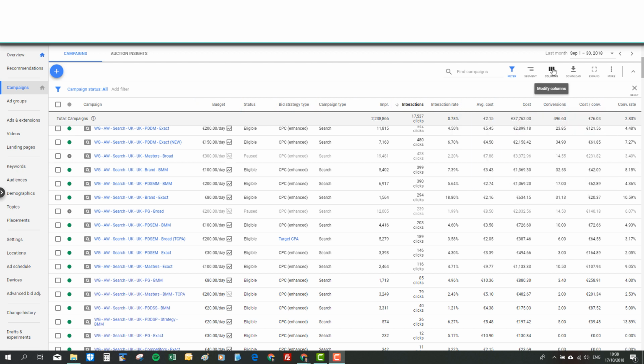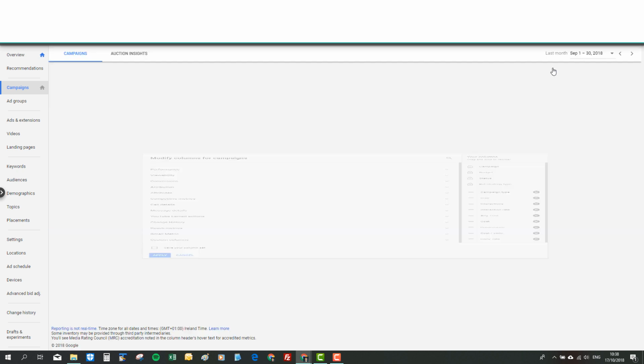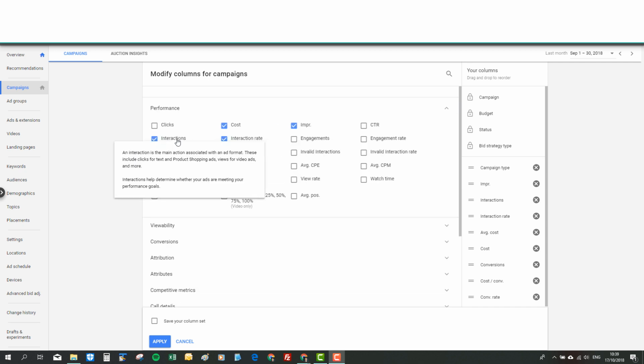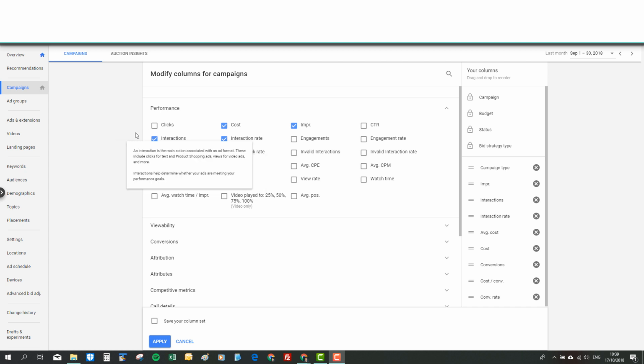But up here in the columns area, we're able to add more metrics. They're all grouped together into these different categories. Performance is the first one we'll begin with. So just to explain, interactions is a catch-all. It's the main group of interactivity that can happen on our ads itself. So if you're using shopping ads, video ads, Gmail ads, etc., it will tell you just below the interaction what